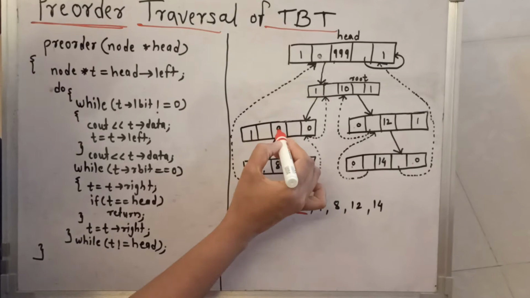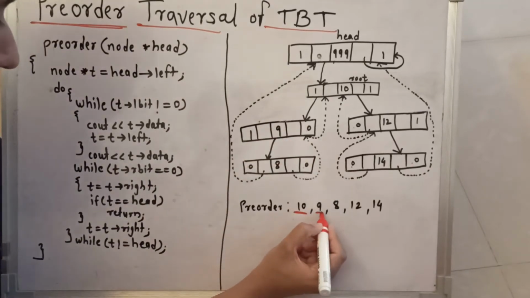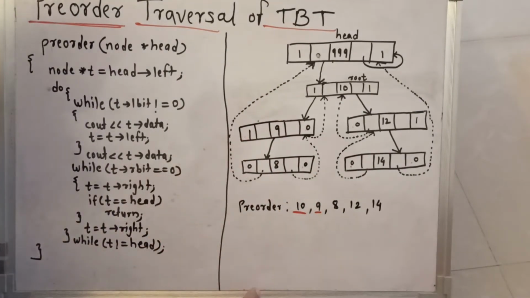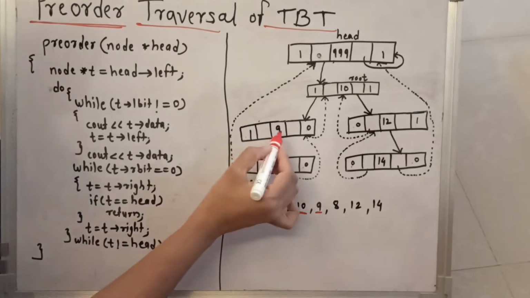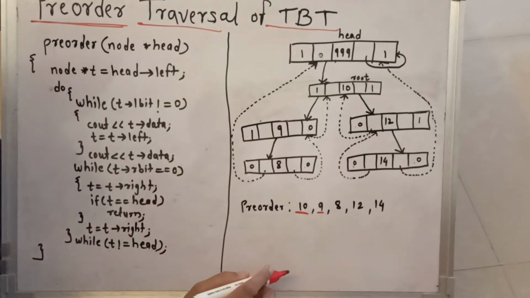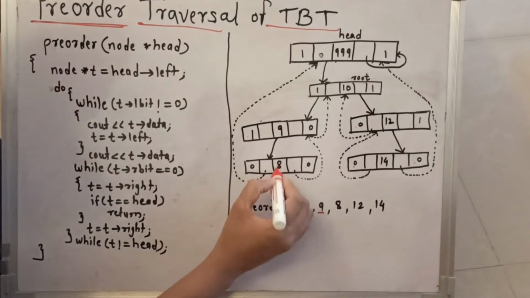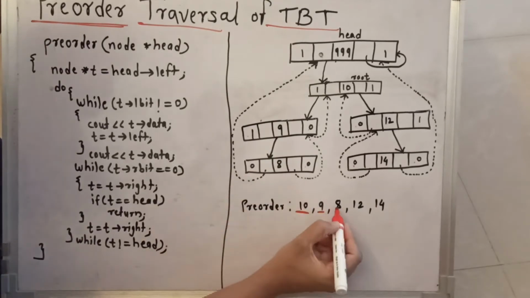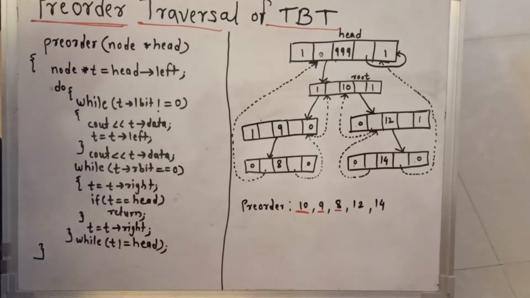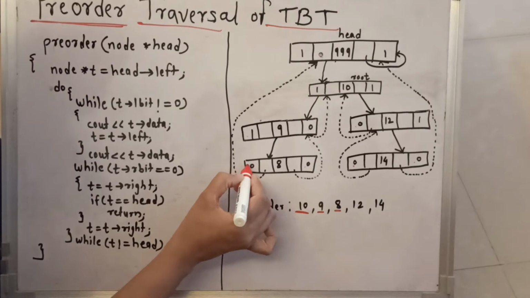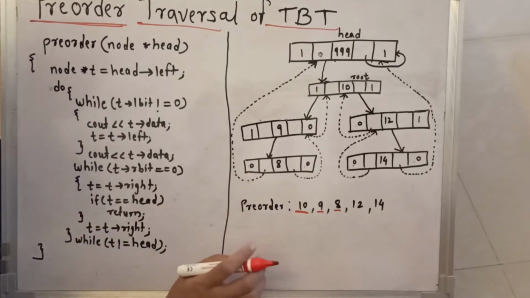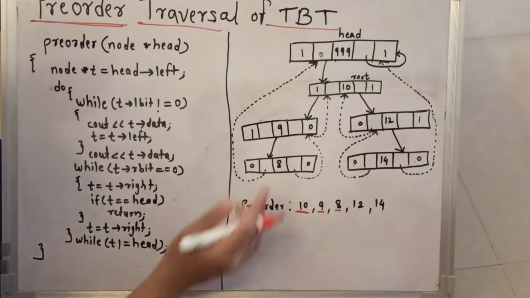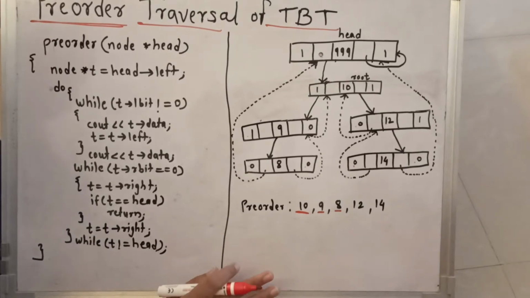On the left side the 9 is present, we will print that value and we will check the L bit field of the 9. 9 again has the value 1, that means again the left child is present. So we will come to the left side, we will print this value, that means the 8 will be printed here. We will check the L bit of the 8 here. Now it is equal to 0, that means we have to stop here, no further left child is present.